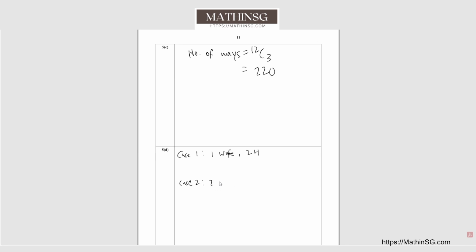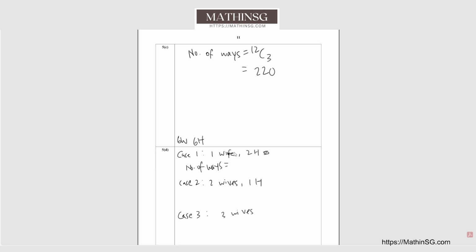So you can have 2 wives. And then because it is a committee of 3, there is 1 husband. Then case 3, I have 3 wives. Okay? So now I know there are a total of 6 wives and 6 husbands, right? So for case 1, the number of ways